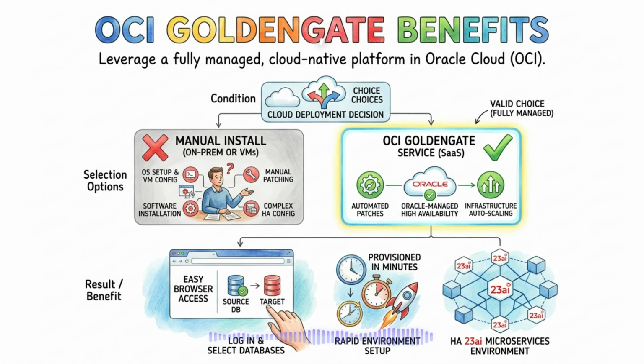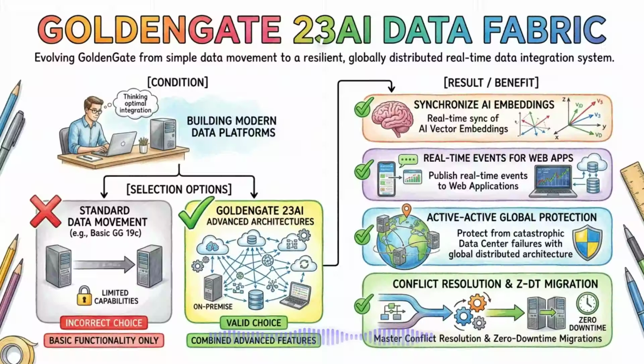You must design your application carefully to minimize these geographical conflicts, perhaps by routing all European users to the London database and American users to the New York database. Even with careful geographical routing, conflicts are eventually going to happen, which is why Oracle GoldenGate features automatic conflict detection and resolution,